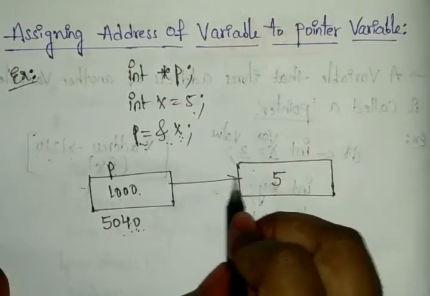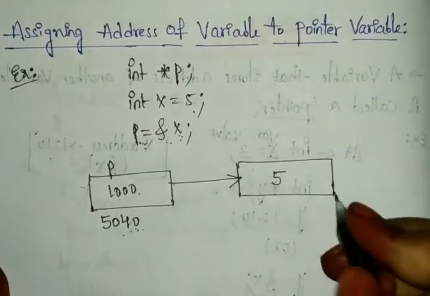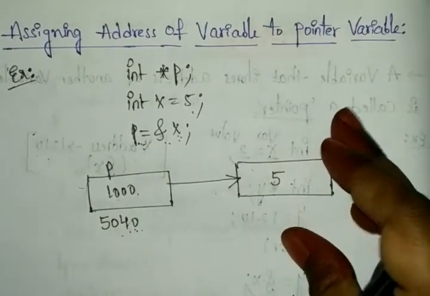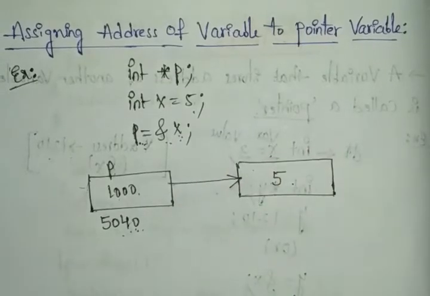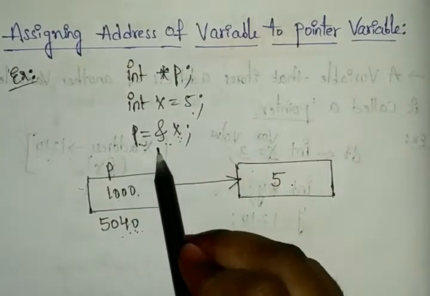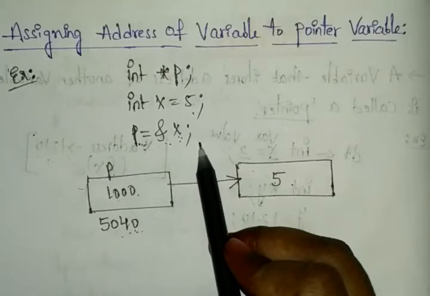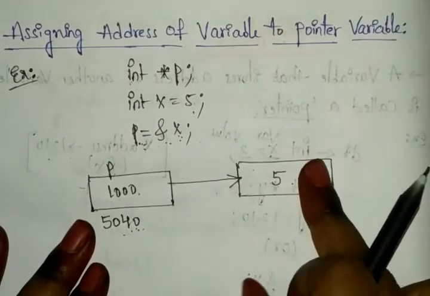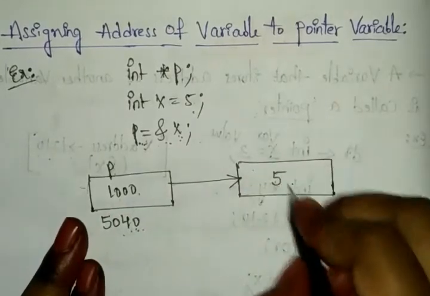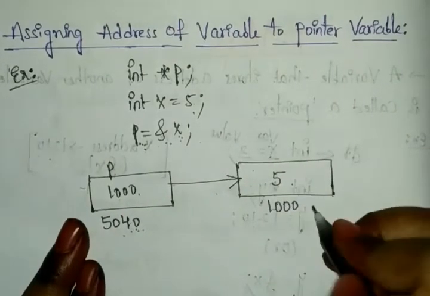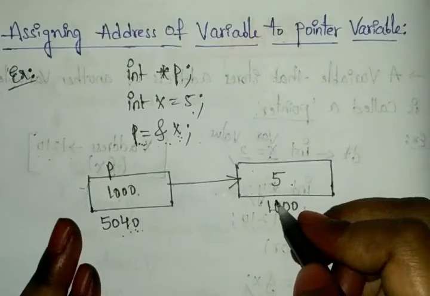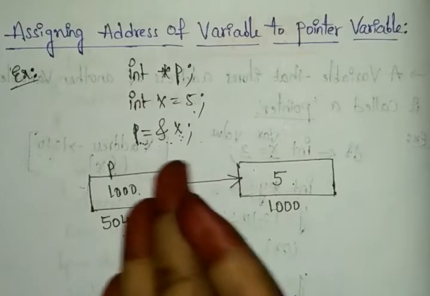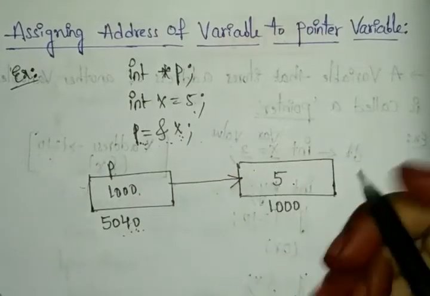And you can combine this with the arrow mark. You can see here we have the 5. It took 5, so x equals 5 only. But here you can see p will be having the address of x. Address of x means, here you can see what it will be having. Address of x, we can say, will be having 1000. Okay, or else you can reverse it. Address of x will be having the value of p. That is also possible here.